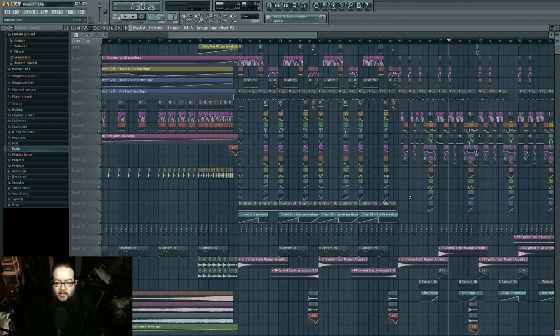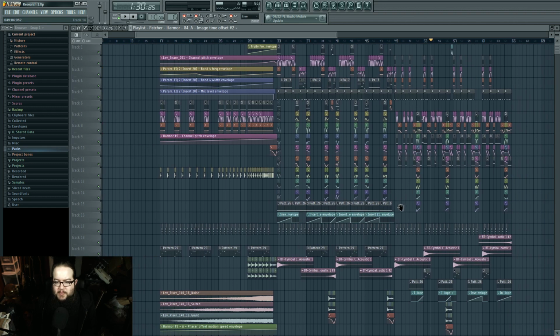Honestly, this makes Massive make a lot more sense to me. Although I will always prefer Serum just because I can make my own tables. It's so much better to me than using Massive stuff. If only because I know everything about what I did, which might not necessarily matter to anybody but me. Yeah. Anyway, okay,